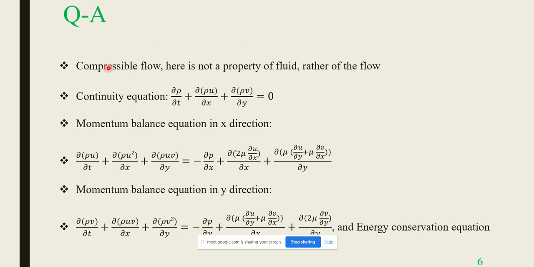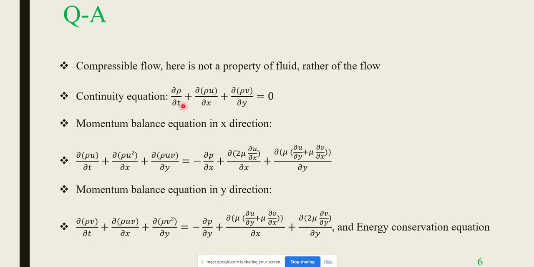Okay, compressible flow here is not a property of the fluid, rather it is of the flow. We have seen now that compressible flow denotes the nature of the flow. It is not of the fluid. And when we are looking at the continuity equation and the momentum balance equation in the x and y direction,